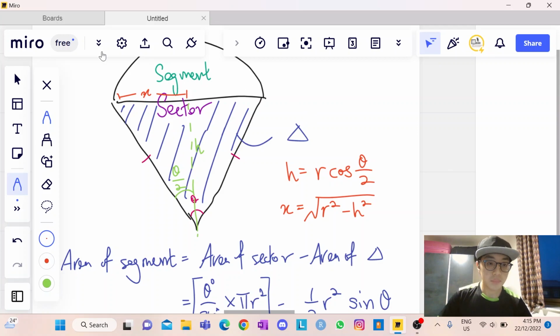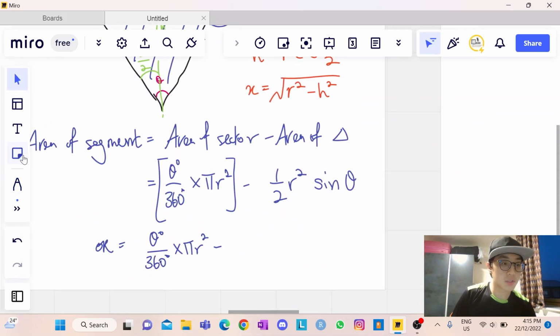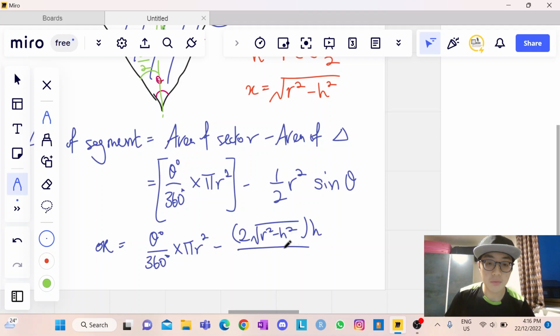After you get x, you need the whole chord as the base, so it's 2 multiplied by x. Sorry, not this, the 2x. So it's 2 times the square root of r squared minus h squared, the whole thing multiplied by height divided by 2, which gives you